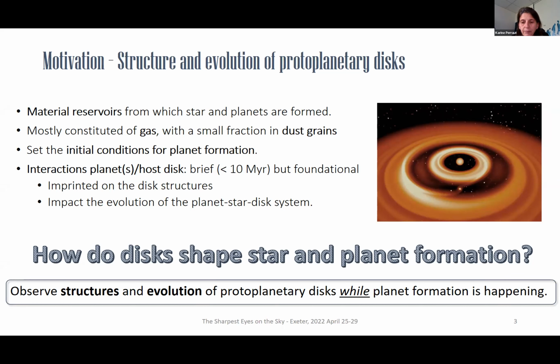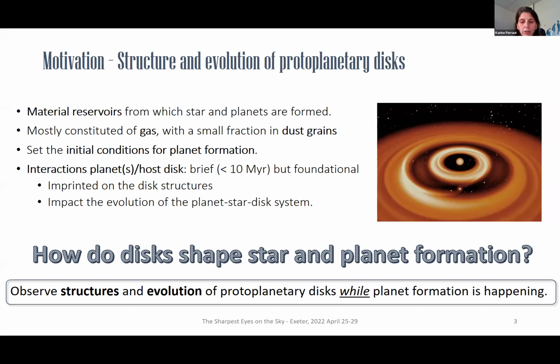The interaction of the planets with their host disks might also be key, as the massive planets that form first can dramatically affect the disk structures and influence the subsequent formation of lower mass planets. Even if these interactions are brief, they are foundational, since the mutual influence sets some stellar and protoplanetary properties that persist for billions of years.